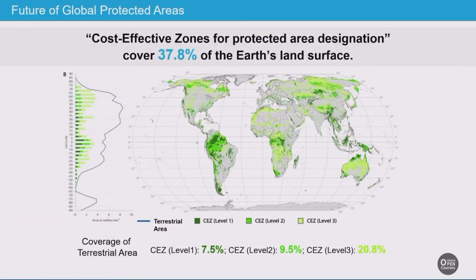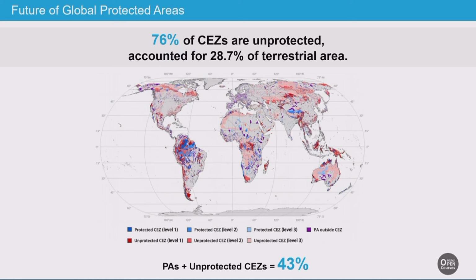And if we look at the global map of CEZ, the cost-effective zones for protected area designation, we can see that it covers almost 40% of Earth's land surface. And if we overlay this map with the existing protected areas, we can see the target area where we need to expand our protected areas. The blue